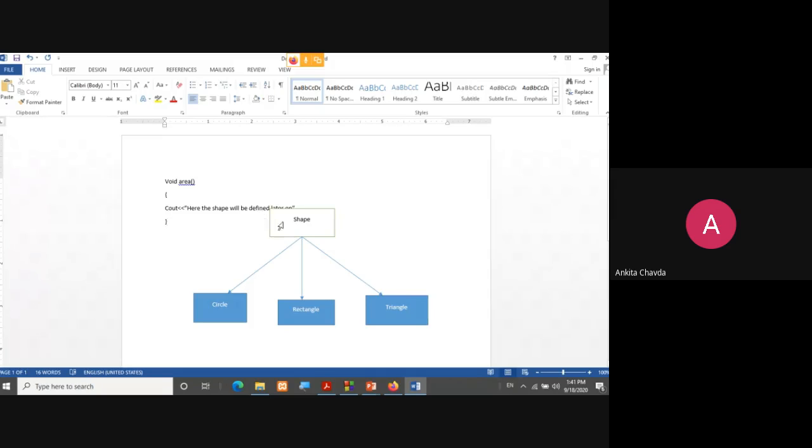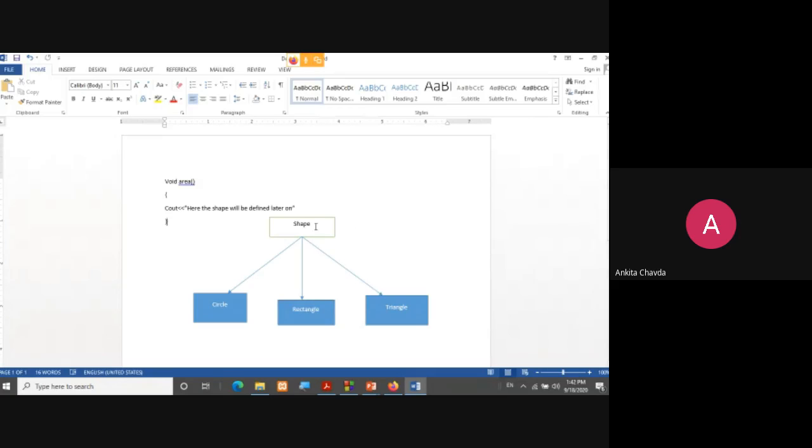Once my shape has been defined, when I say you have to find the area of the circle, if I'm specifying that thing, circle, then and only then you will be able to write the formula related to circle and find the area. Otherwise, when I say you have to find the area of the shape, you will ask me, no ma'am, which shape do you want? The rectangle, or the area related to the triangle, what do you want? Because shape is not any kind of specific shape, right?